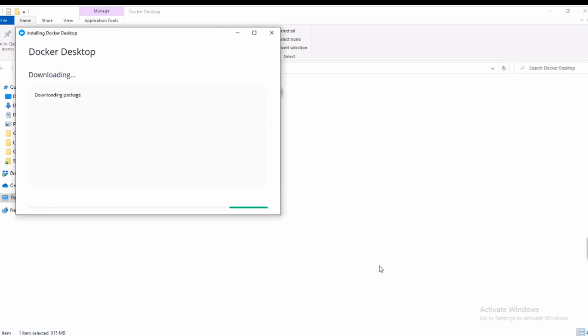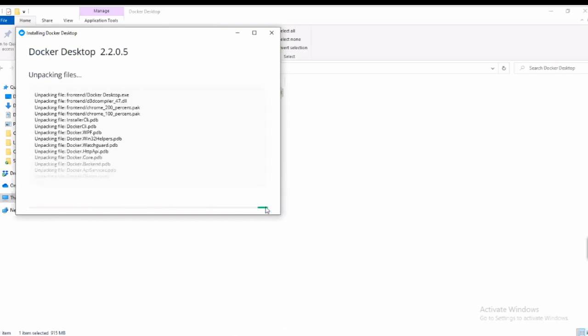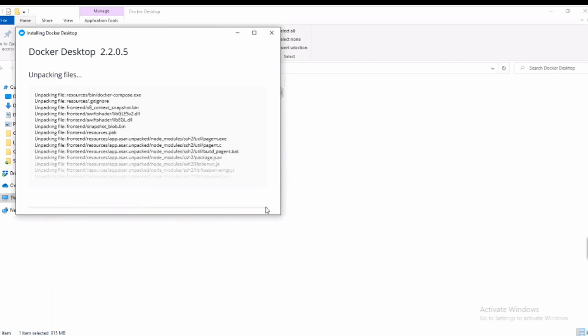As we have already double clicked, now it is downloading all the packages and doing a configuration check to enable the required Windows features and add a shortcut to the desktop. So just click on OK, right? It will unpack all the files, libraries and binaries from the downloaded installer, and then it will install our Docker Desktop.